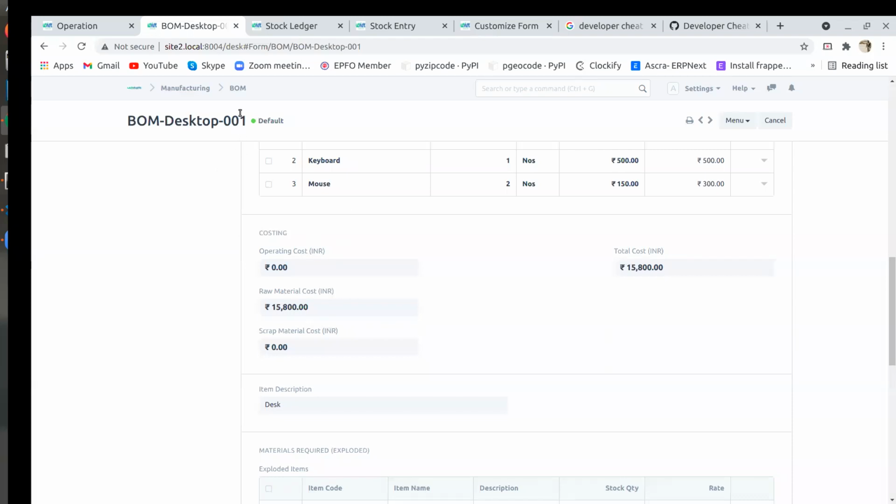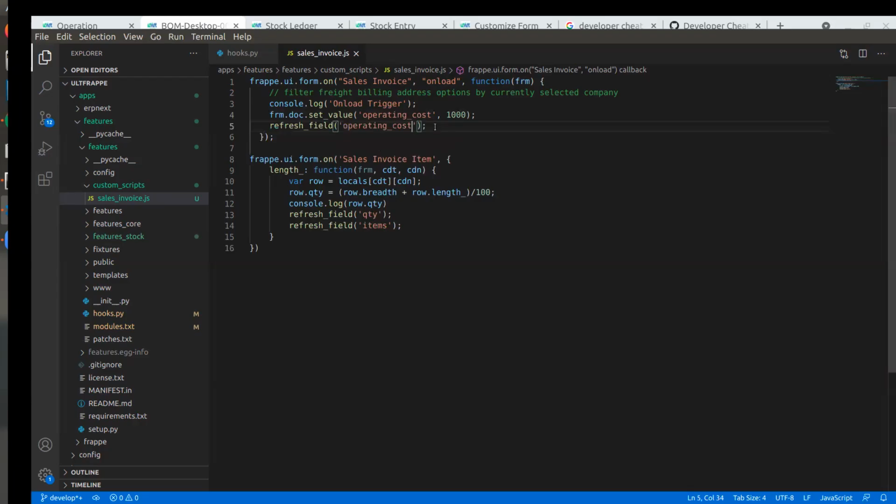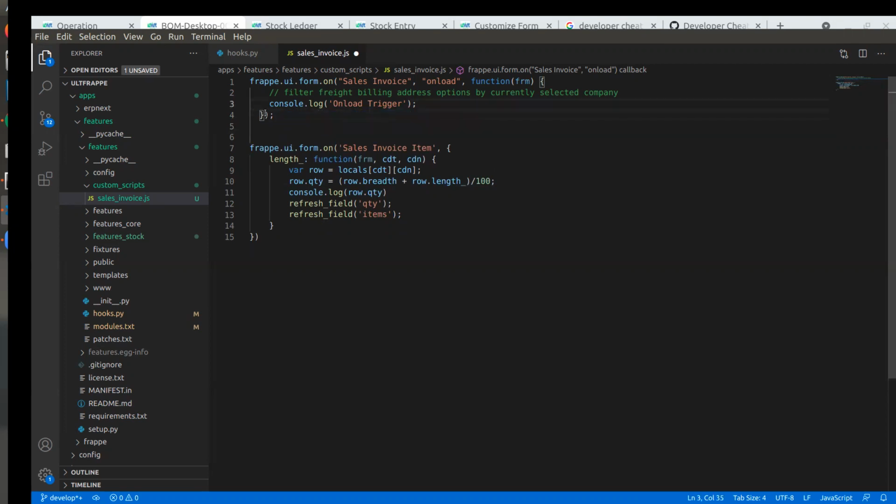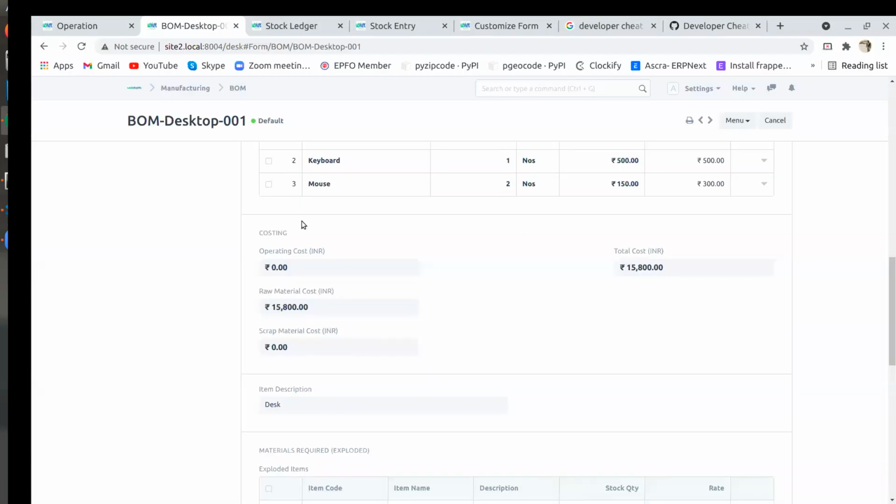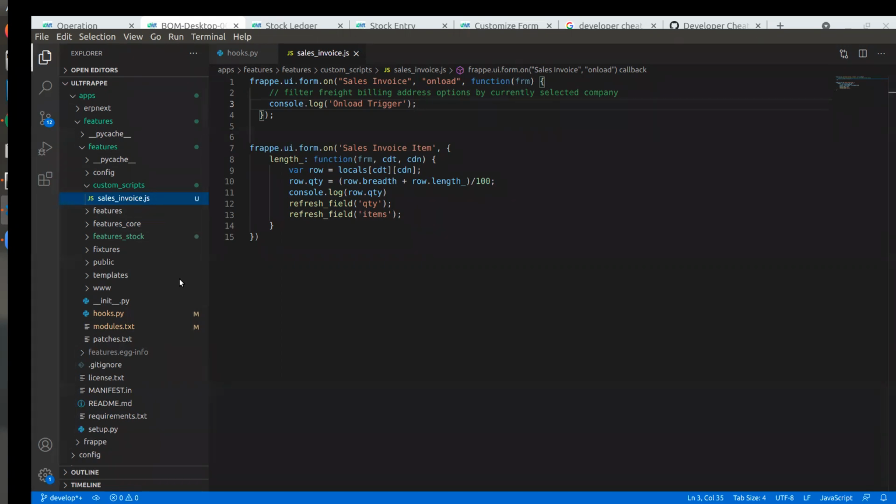Okay, it is in bill of materials. Sorry, I was doing it in the sales invoice. That's what I was saying. So like that we can do it. It will apply for that. Else we can create a new thing.